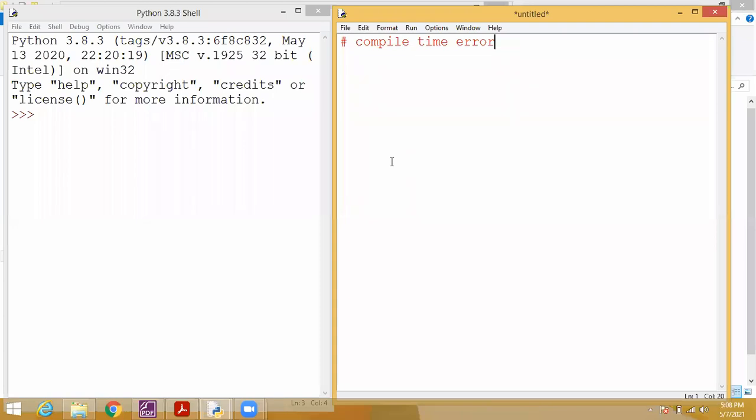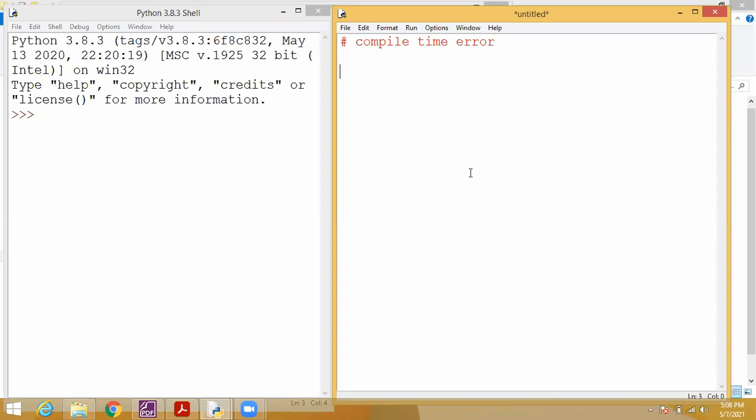Not general coding, but the general format of anything, which we generally call the grammar of the program. Students understood? Syntax means grammar. If you violate those rules, it will create an error.